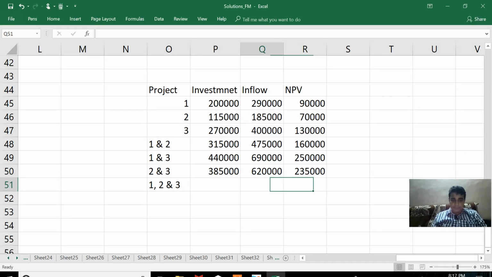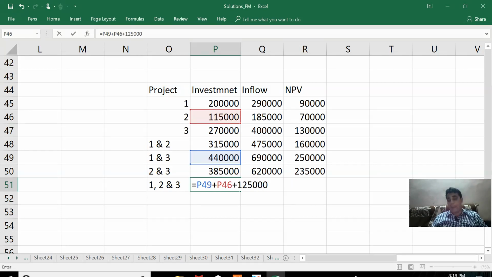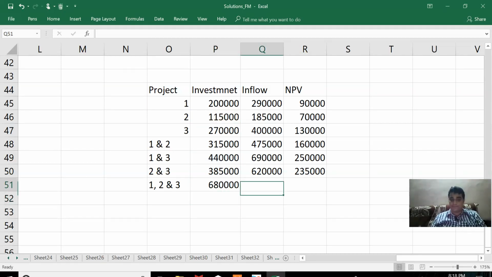Now listen, it is going to be 4,40,000 for 1 and 3 together, plus another 1,15,000 for project 2, plus 1,25,000 for plant expansion. For 1 and 3, 4,40,000. I am not adding 2 lakh plus 270, because that's not going to work out as there is an economy. So 4 lakh 40, another 1 lakh 15, another 1 lakh 25,000 for expansion. When it comes to inflow, the inflow is 6 lakh 20 for 2 and 3, and another 2 lakh 90 for 1, and this is